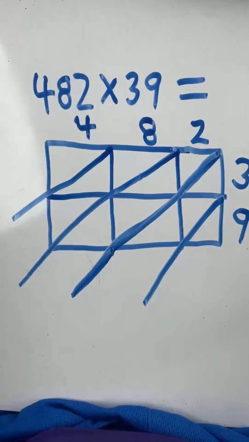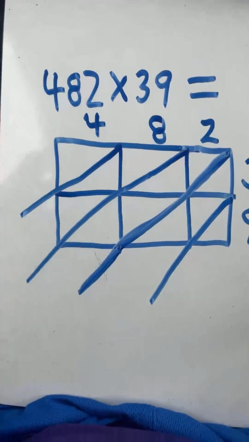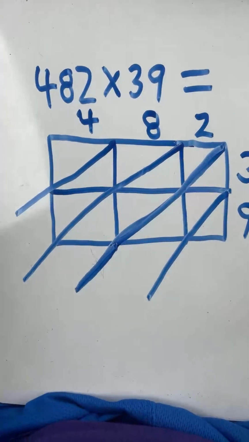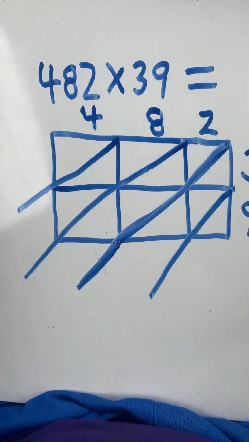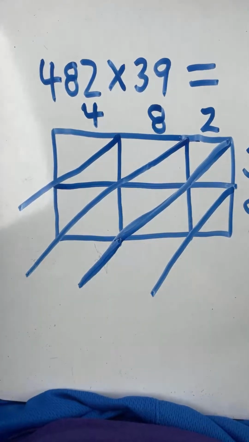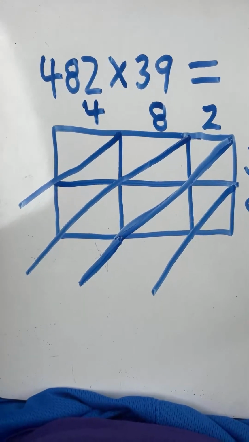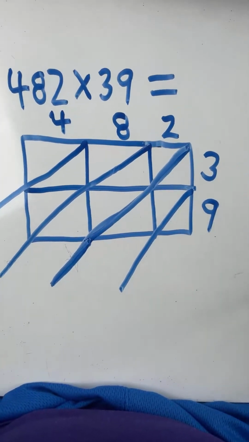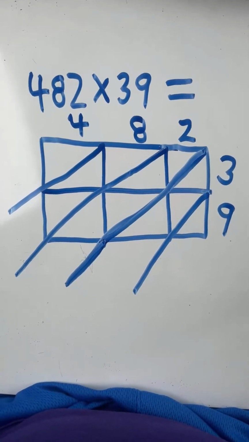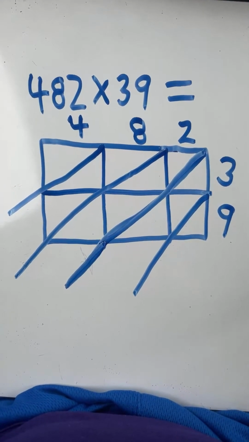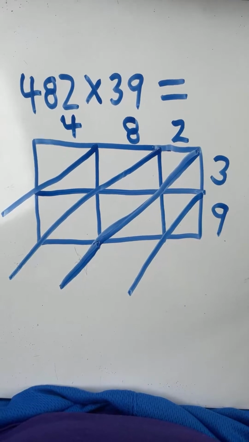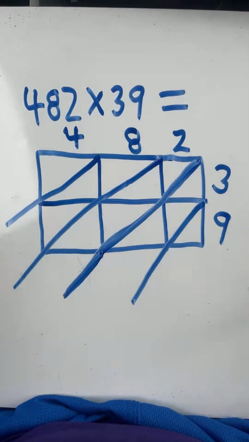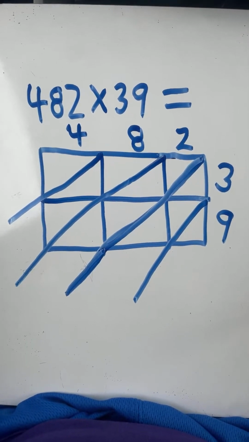So same types of problems as my last live stream, but a different method here. In this video, I'm going to show you how to solve 3-digit by 2-digit multiplication problems using the Lattice method. So I have my Lattice method model here. Our first example problem is 482 times 39. So I'm going to go through step-by-step how to solve that